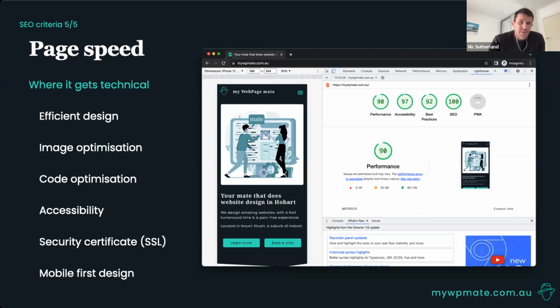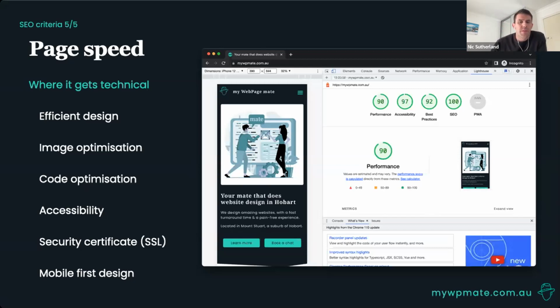Some other contributing factors to good page design and ranking include mobile-friendly design. More than 66% of all website traffic is from mobile phones. So our websites must absolutely work great on mobile. That is two thirds of our visitors coming on mobile, and that number is growing. And for some specific markets, that number is more like 80, 85%, especially if you're targeting a younger generation of customers.